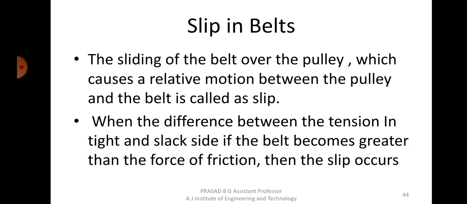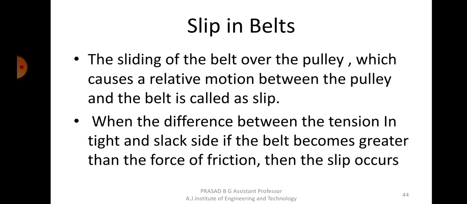Otherwise, as long as that force is equal, it will balance, and the belt will go along with the pulley. But if the tension increases in the belt, then there is a possibility that there may be relative motion between pulley and the belt. That process is called slipping, and that's a very common term used also. You understand what slipping means, right? One thing skidding over the other. But as far as the belt is concerned, that should not happen, isn't it?